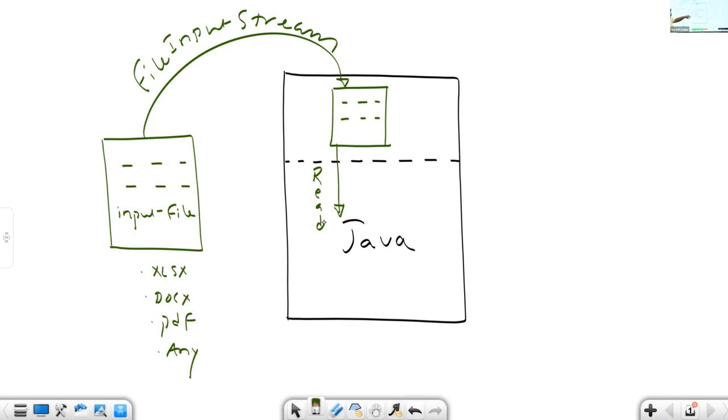If you want to perform some manipulations on some data, the data must be available in the Java current program memory. I want to fetch the contents available in a file. First, I need to copy the file into Java program memory. To copy a file from the specified location, D drive or C drive, to my current program memory, there is a class in Java called FileInputStream. You are going to specify the location of the file, where it is, in my C drive or D drive or some other location. Now,